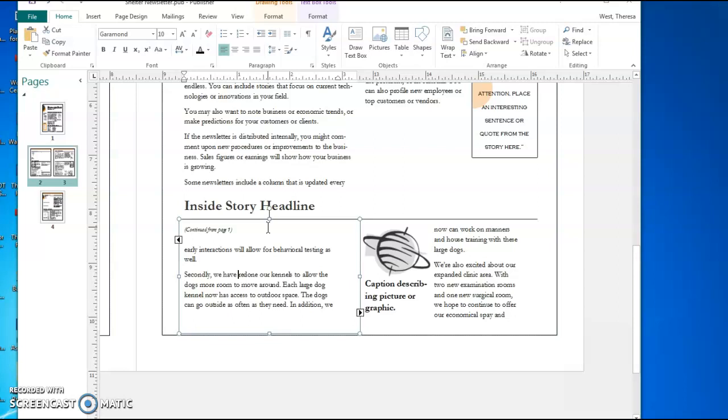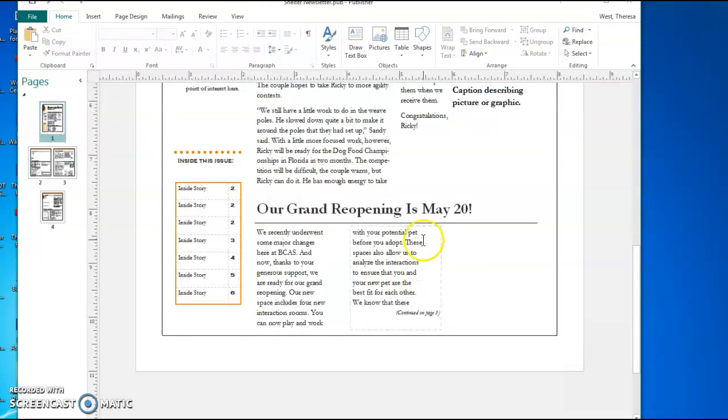To replace the text, here we're going to go back. Let me go to page 1. There's page 1. They're saying continue on page 3. And then if I go to page 3,